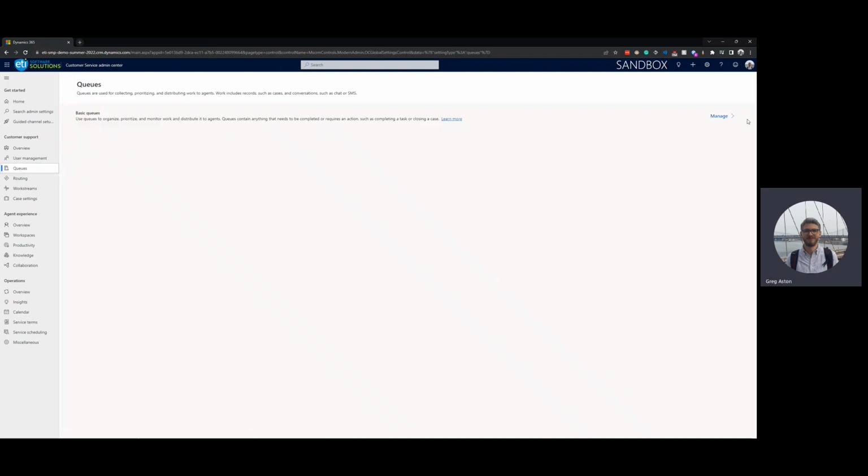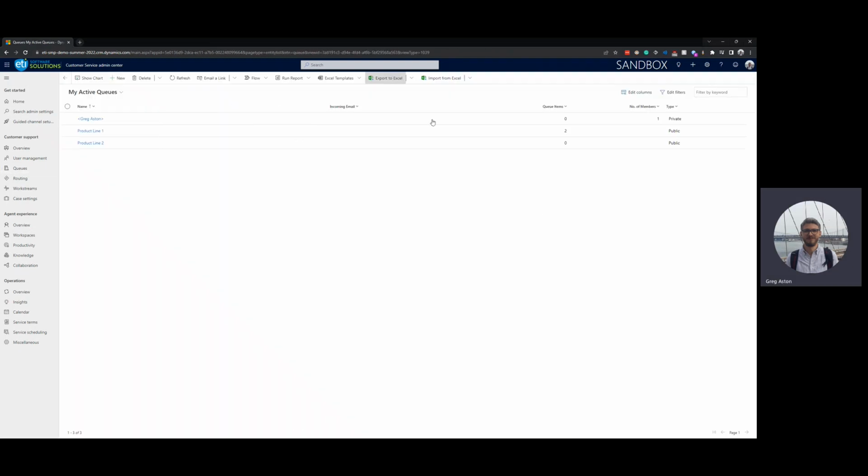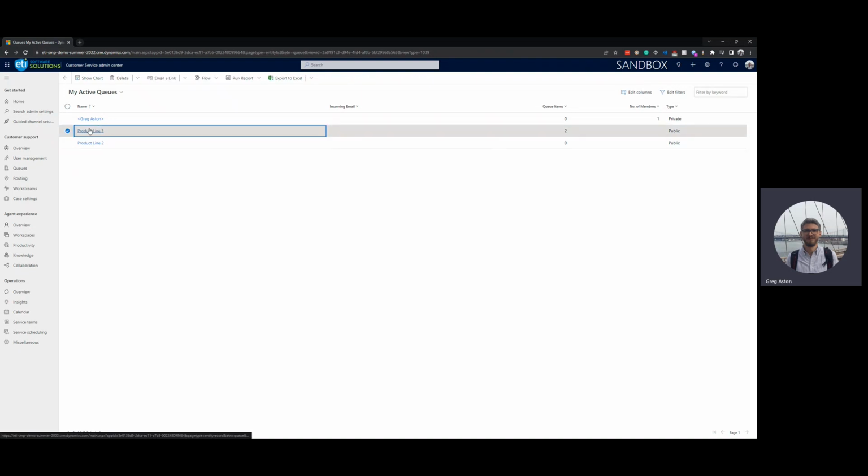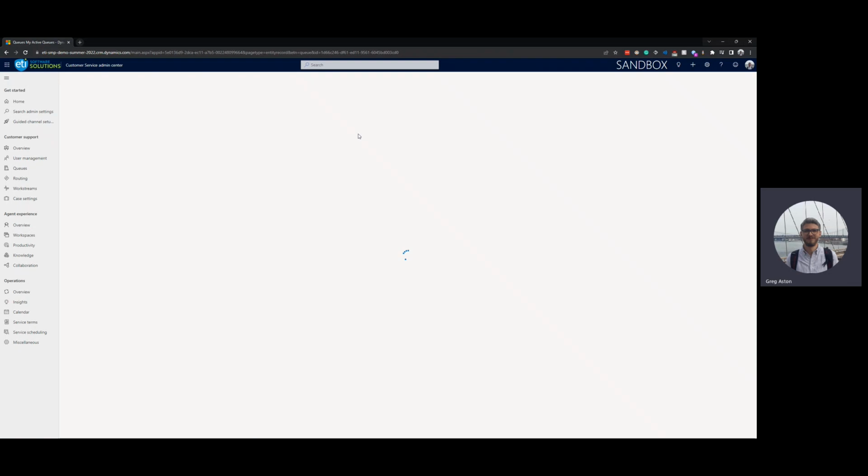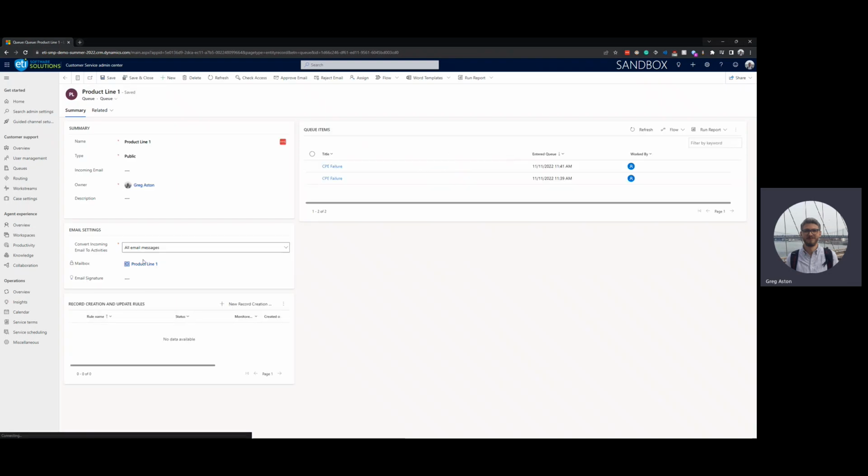Looking into the queues, if we just have a look here, I do have a few examples. In this case, we can see I've got my own queue. These are my queues, there are probably many more within the system as well. But just for the example here, we have two different product lines that we're potentially feeding. So we have two dedicated CSR teams with completely different skill sets, addressing completely different products. Then we can make sure those are all separated out and we don't get any overlap in terms of the skills and the users critically. So moving in here, as we'll see, there are email settings